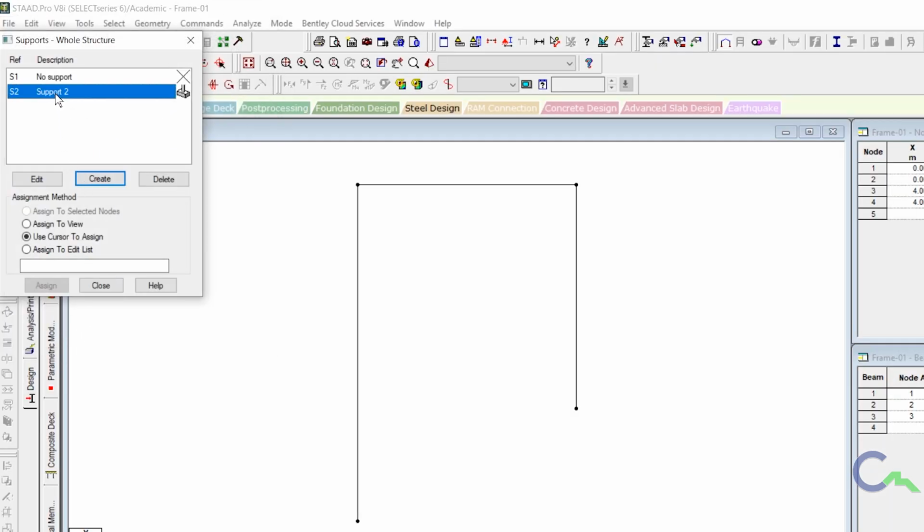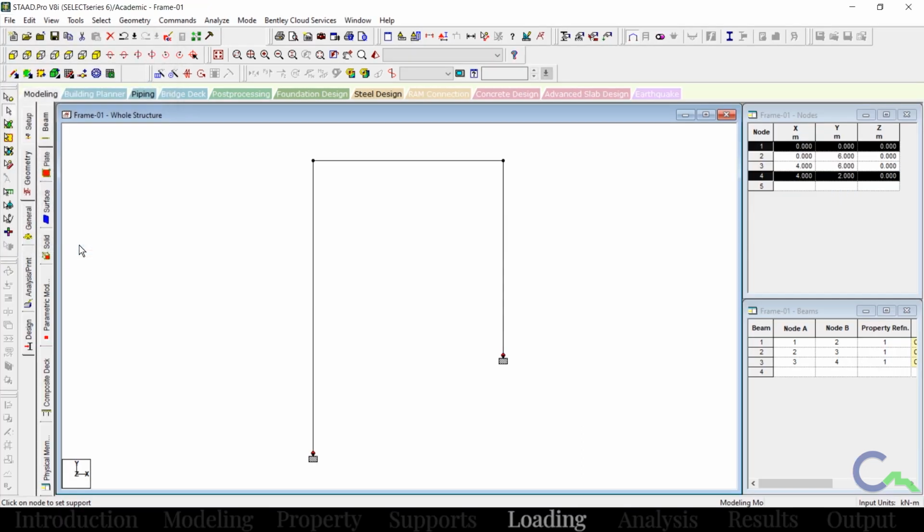Then select that support. Using cursor, I am going to assign. Click on assign. I click on the first node, then the last node, which have the fixed supports. Once it is assigned, click on assign again, it will stop assigning, then click on close.